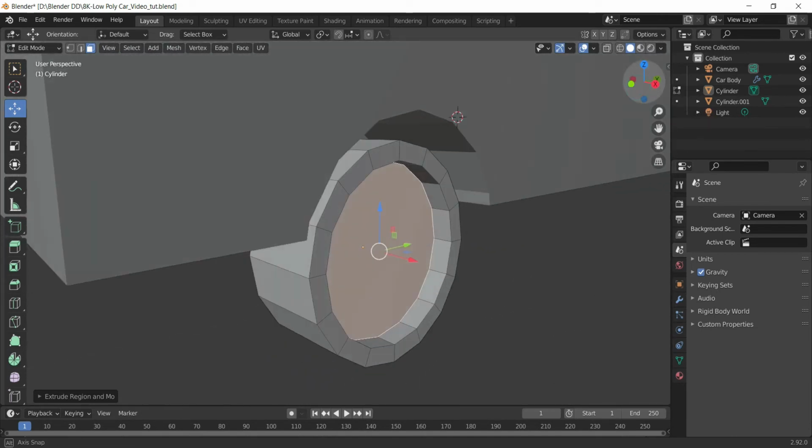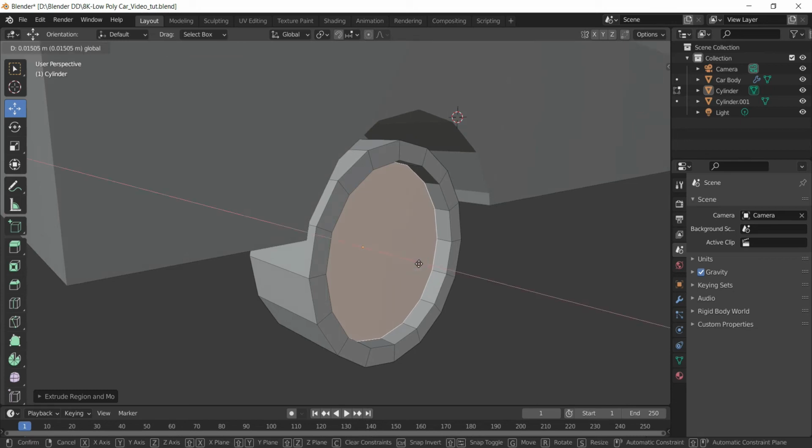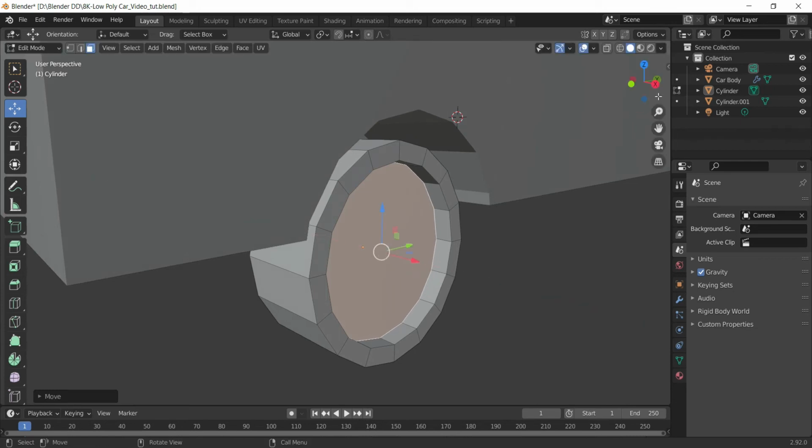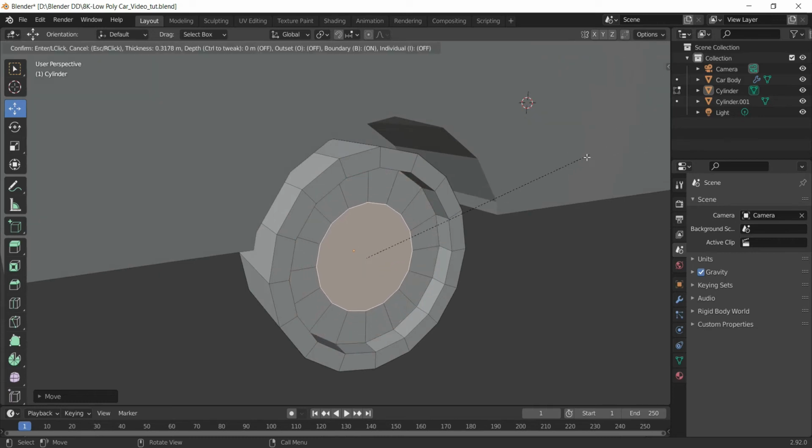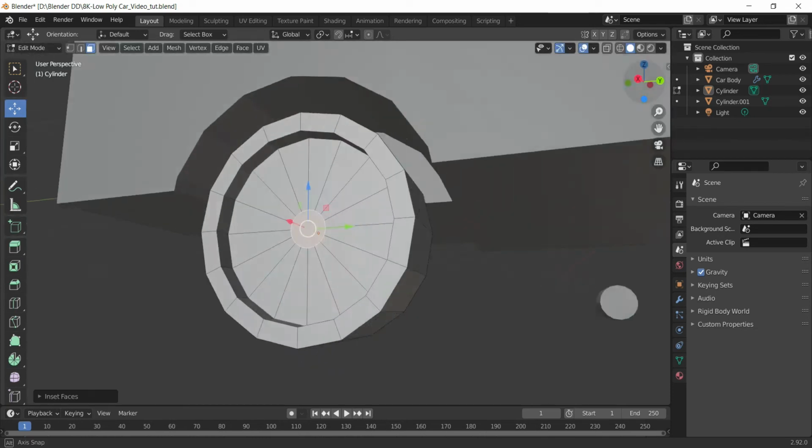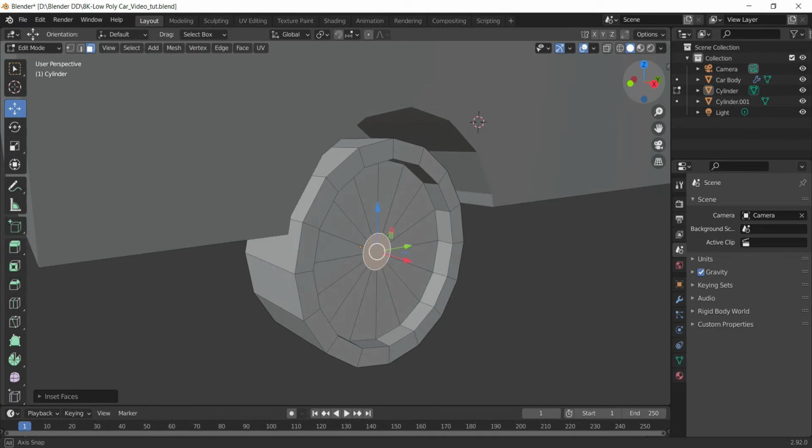Again, for the inward extrude, you don't need to give too much value. And then let's insert this face again and keep the value quite small, around this I would say, seems good enough to me.